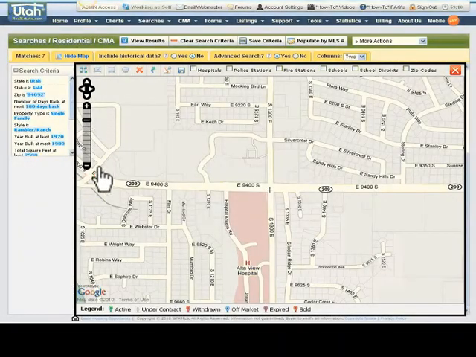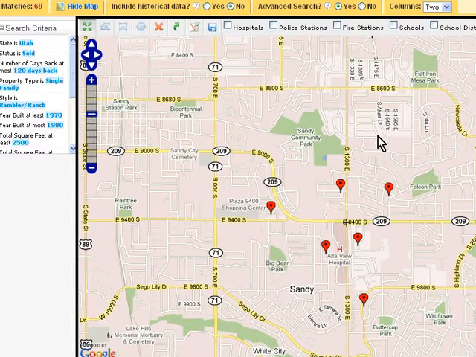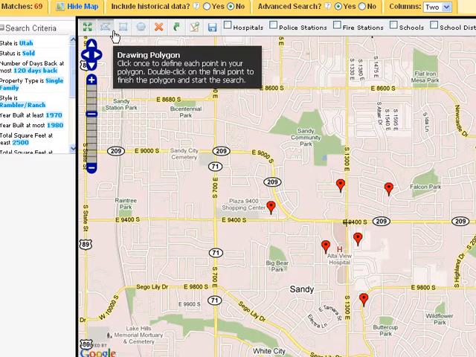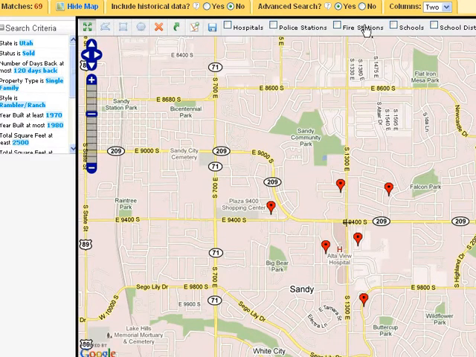Let's zoom out a bit to get a better view of the map area. Now that we're zoomed out a bit from our property, we can take a look at some of the features of this map search tool. At the top of the map search are a variety of items. These items are a variety of tools that you can use to isolate or to highlight an area on the